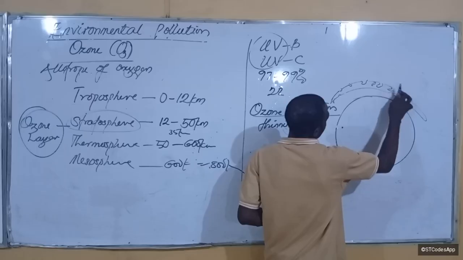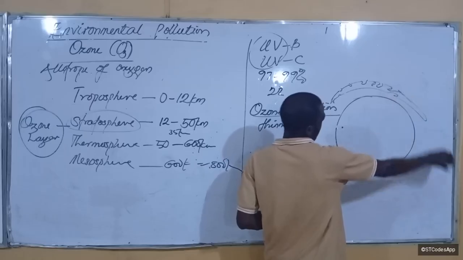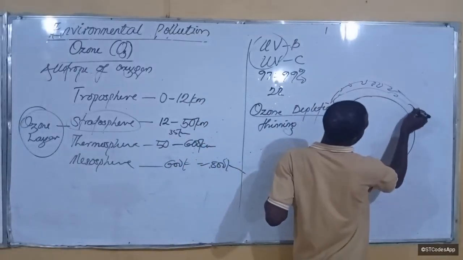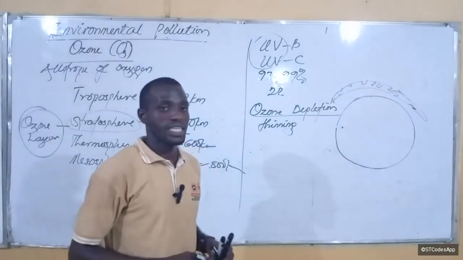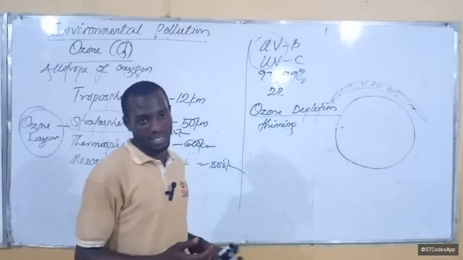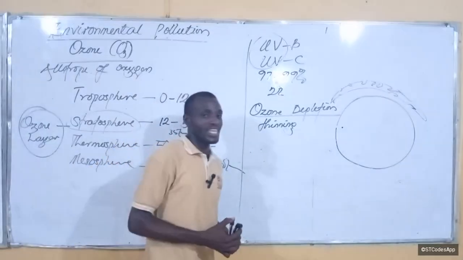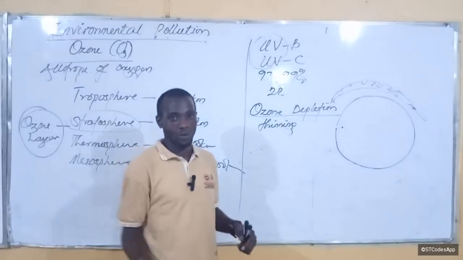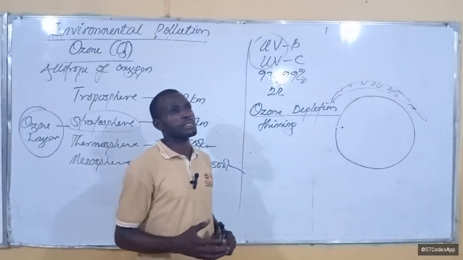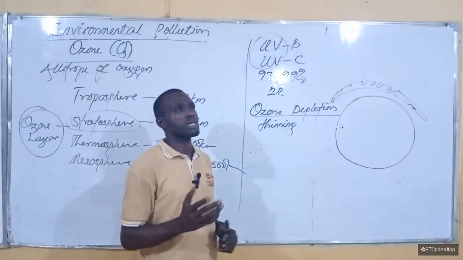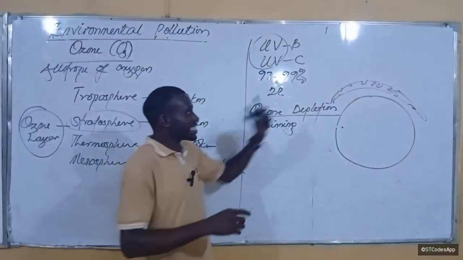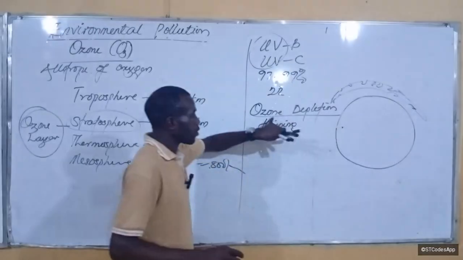So what will happen over time? Over time it's going to disappear, because when it's eaten up completely, you won't find anything again. Then you ask me, so when it's eaten up, what will happen? Will the earth disappear? Well, I don't know. The last time it happened was before the beginning of the earth. I can't remember what happened then. I'll tell you the story later. So the point is that this layer is thinning out, and that's what we call ozone depletion.